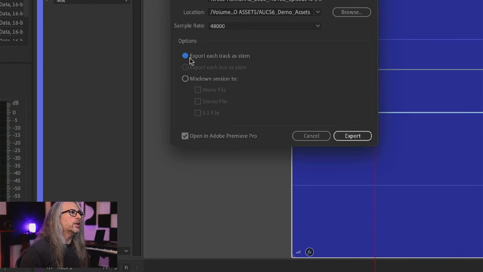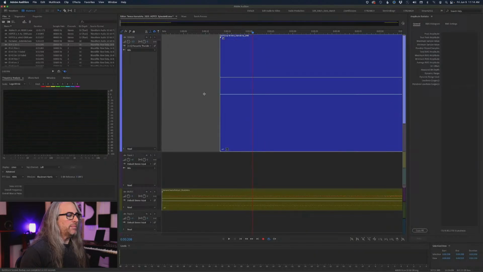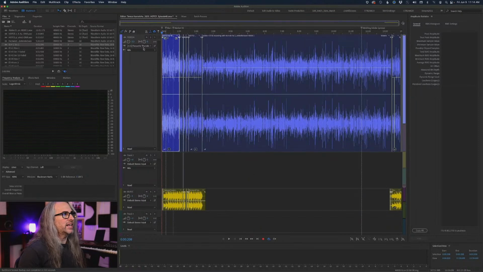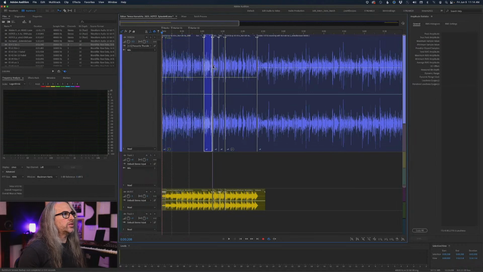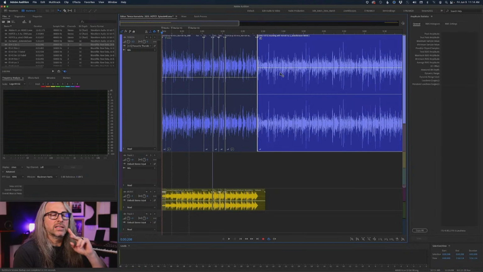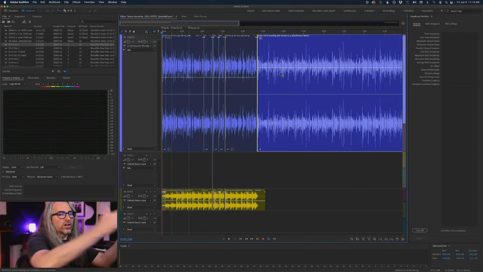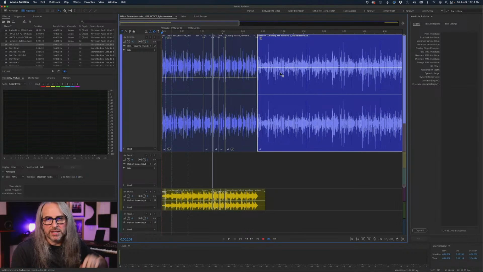The key here is that you're sending back as a stem. So what that means is, in the case of, say, this edit that you see here, let's say this came from Premiere. There are 1, 2, 3, 4, 5, 6 edited clips in here based on that video. All of this will come back to Premiere as just one continuous stem with whatever associated effects and EQs and things that you've applied to it.